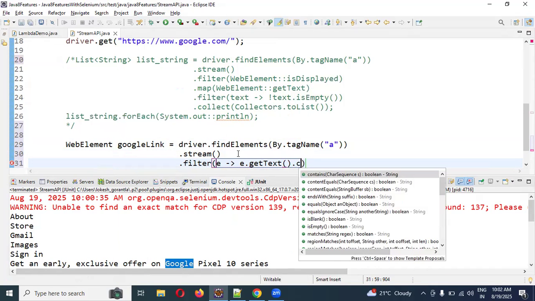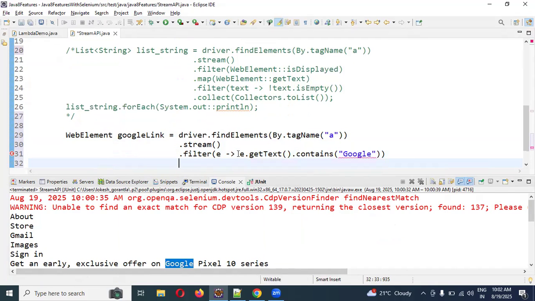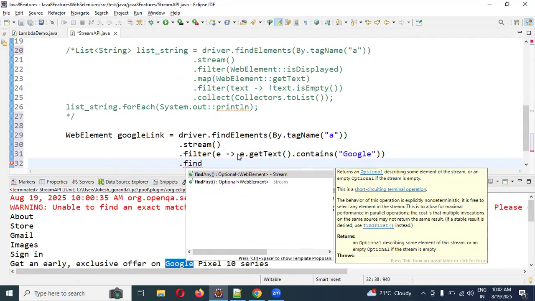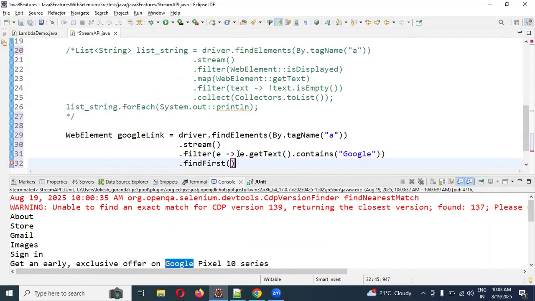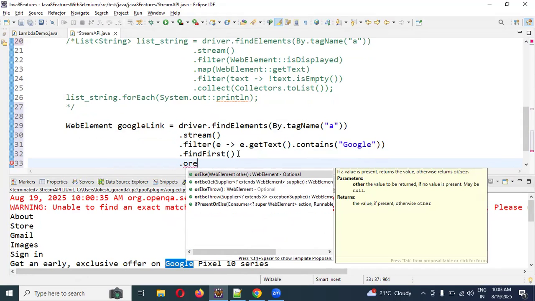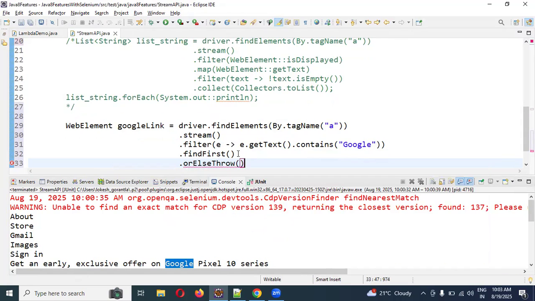From the getText we can use the contains method. In this contains method, we use Google. If that particular Google is not present, then you can find the first element, and then you need to use orElseThrow. Here you have to throw some error,